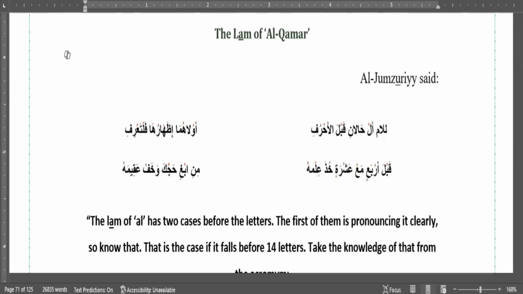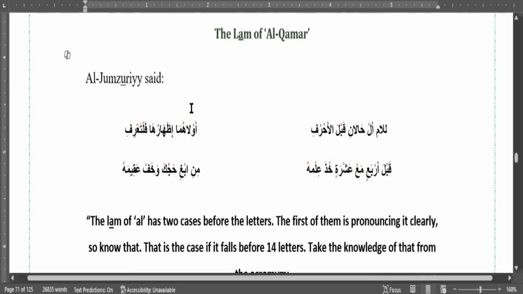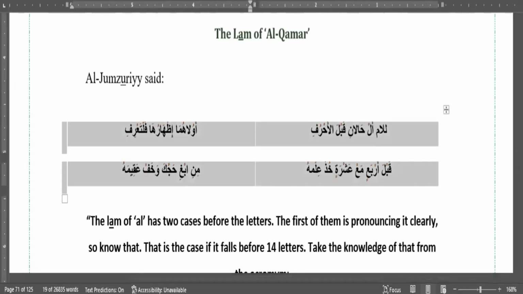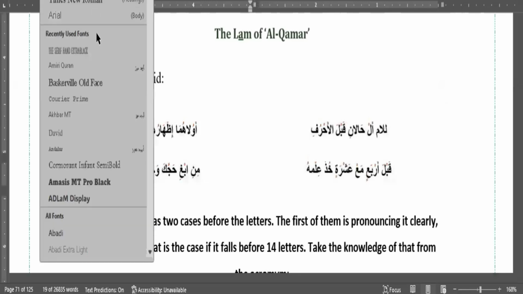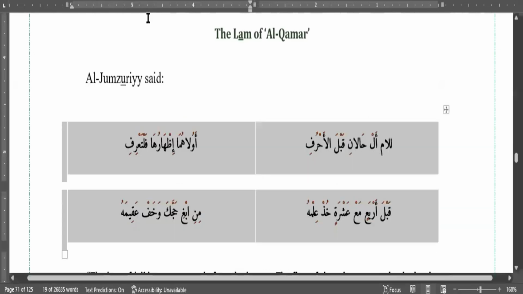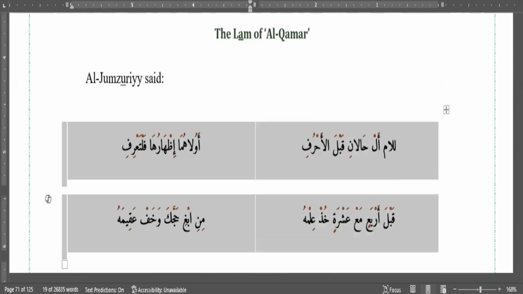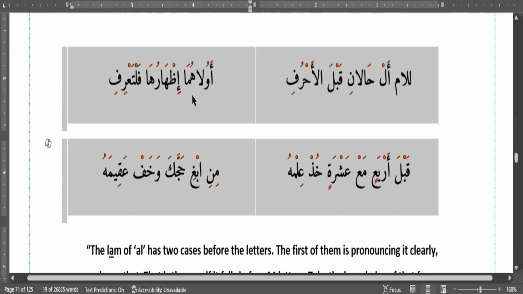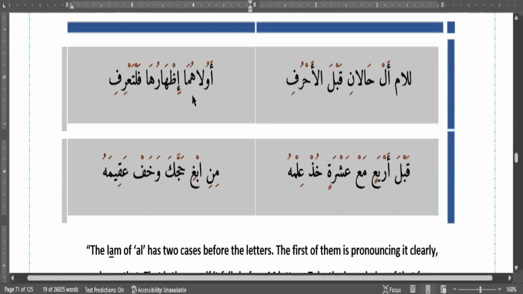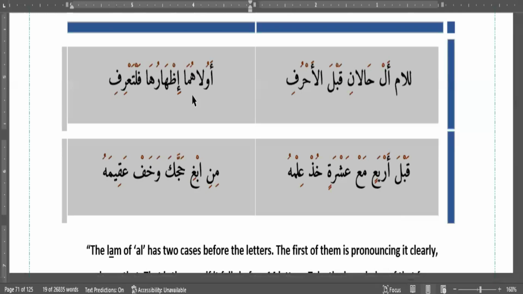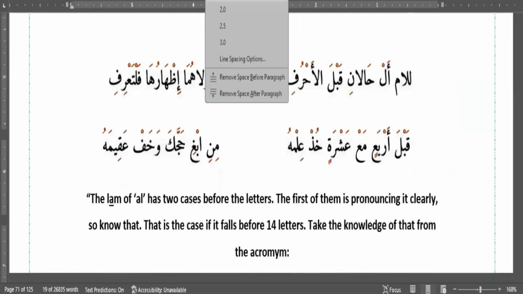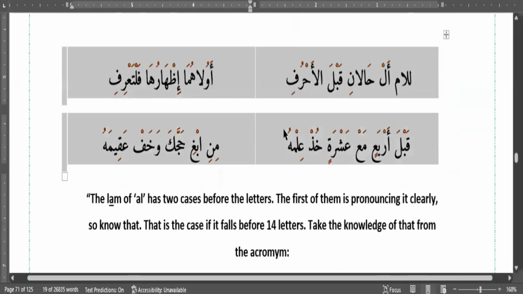Al-Jazariyyah. Bismillah. Al-Jazari, rahimahullah, he said, Lil-lami al-halani qabla al-ahrufi, أولاهما إظهارها فلتعرفي قبل 4 مع 10 خذ علمه